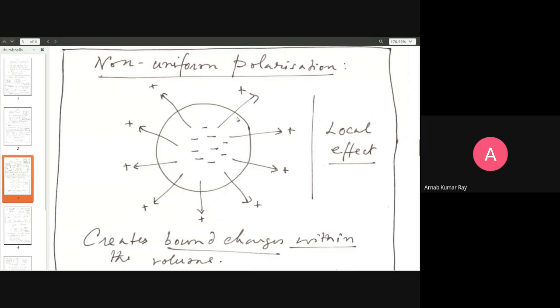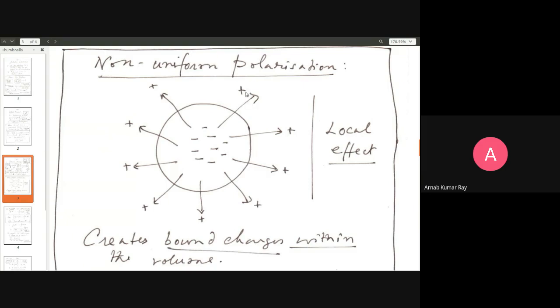The electric field lines will push positive charges outwards. So these pluses are being pushed outwards from this region. Before these arrows came to be, this region had a homogeneous mixture of positive and negative charges. But now these arrows have separated the positive and negative charges, pushing the positive charges outwards and gathering the negative charges inwards.